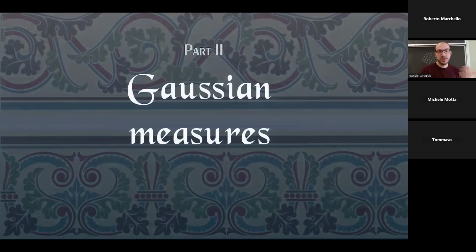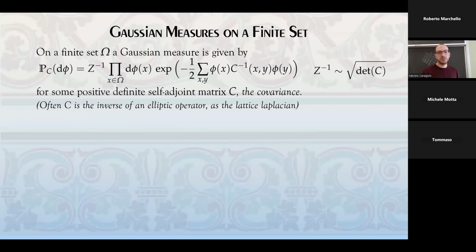So we'll now speak about the Gaussian measure and see why they are helpful and why they allow us to set up a multi-scale inductive procedure. If we take a simpler set, so let's say a finite set, or more precisely, a lattice like this in dimension D, a cubic lattice in dimension D, then a Gaussian measure is simply a measure with one variable for each node of the lattice. We call the variable corresponding to site x phi x,